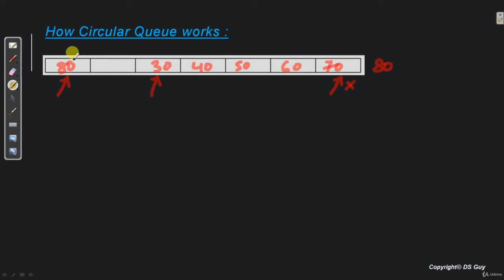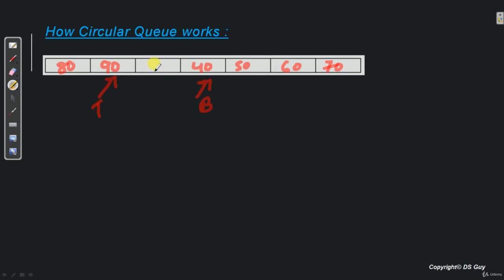Now let's say if you want to enqueue one more element, 90, it goes over here. Why? Top of queue is over here. Next element is blank, so we insert it over here. So top of queue right now points over here and beginning of queue points over here. Now if you want to enqueue one more element, then we can clearly see that there is no space in this queue. And then it will throw an error, which is a legitimate error, that there is actually no space in this queue. Now if you dequeue one element, so 30 goes out, beginning becomes here, 40.